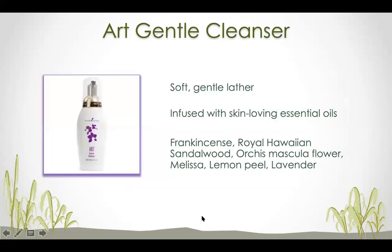So the toner, oh wait, the cleanser. I love the cleanser because it's foamy and it's very, very light. And I like that about it, and it doesn't feel like you're scrubbing your face or something like that. It's really delightful, and has some of the best oils in it certainly for skincare: frankincense, sandalwood, melissa, lavender, and